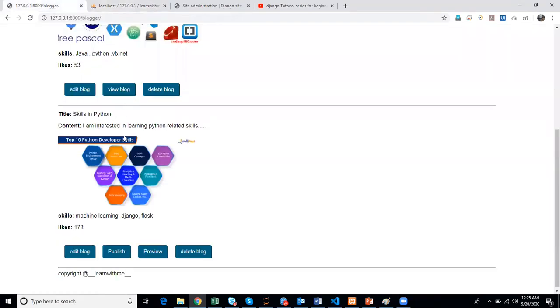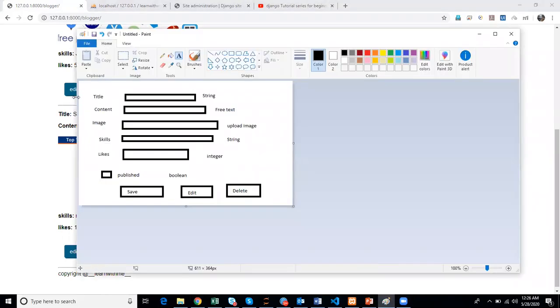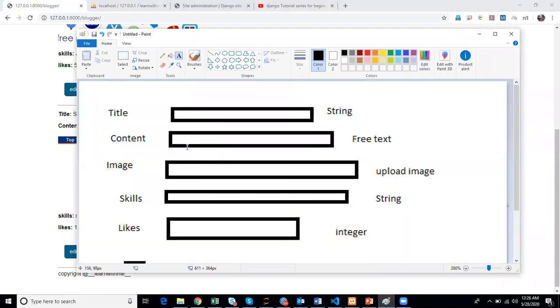Okay, those things are the traditional way of doing it. But in Django, all of that can be skipped. We don't need to do all of them. Just by writing one simple piece of code, we can bring all those things. What I'm saying is, to come up with a field like this, I'll zoom in a little bit.